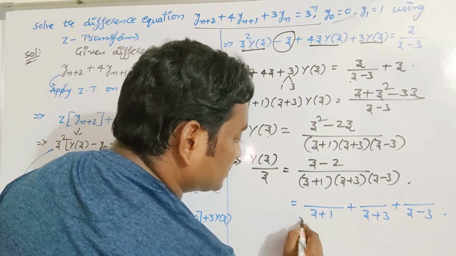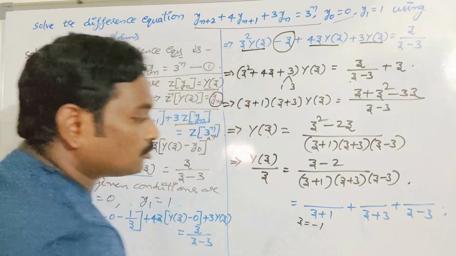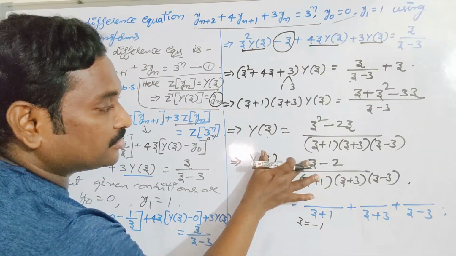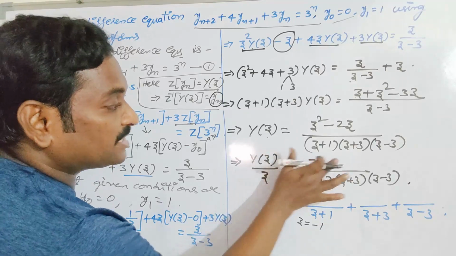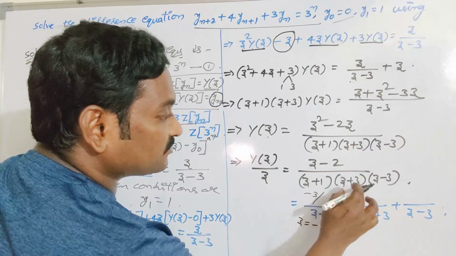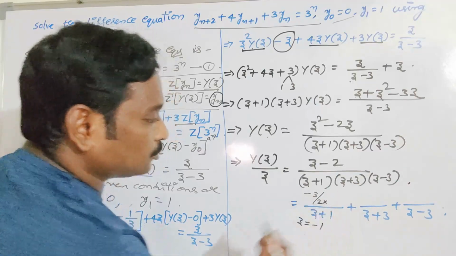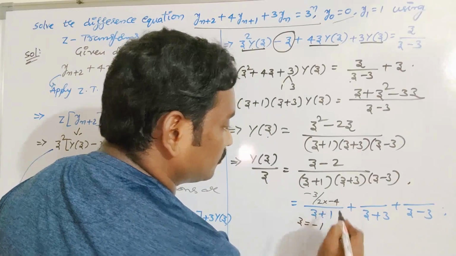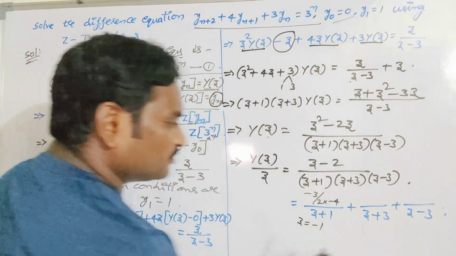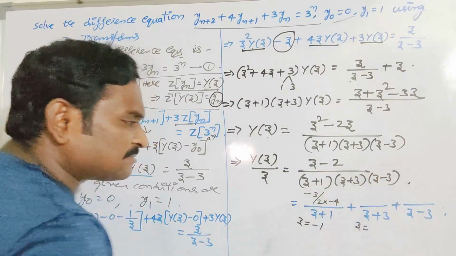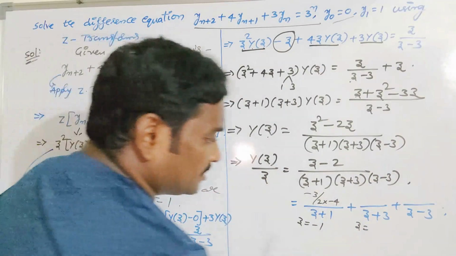For the numerator of z plus 1, replace z is equal to minus 1 except z plus 1. So the numerator we already have is z minus 2. So minus 1 minus 2 is minus 3, by minus 1 plus 3, it would be 2. Minus 1 minus 3 is minus 4. Okay, very simple method. It is not necessary to write a by something, b by something, c by something. It is a very lengthy procedure.